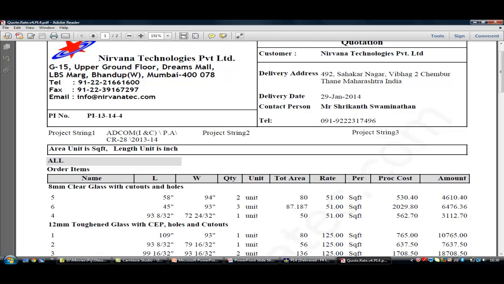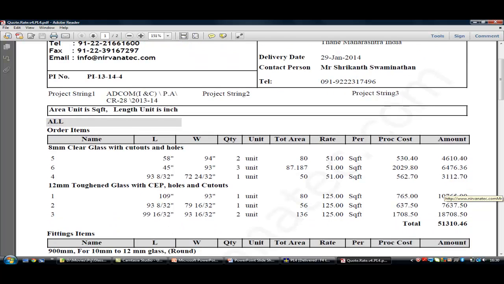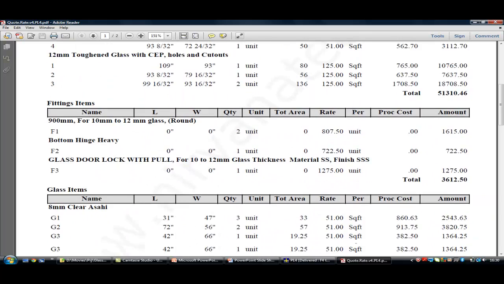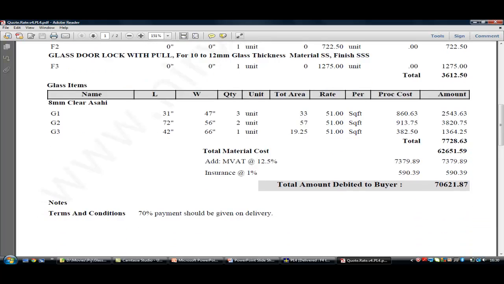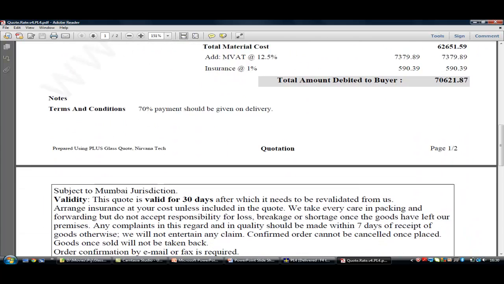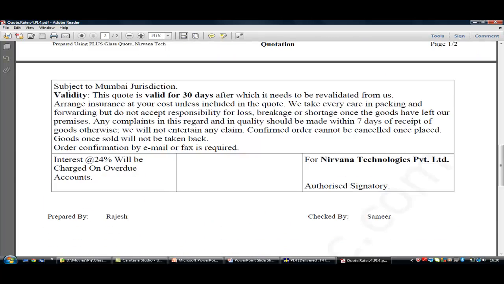We also have order items with their cost, fitting items, and glass items. The terms and conditions complete the quotation.